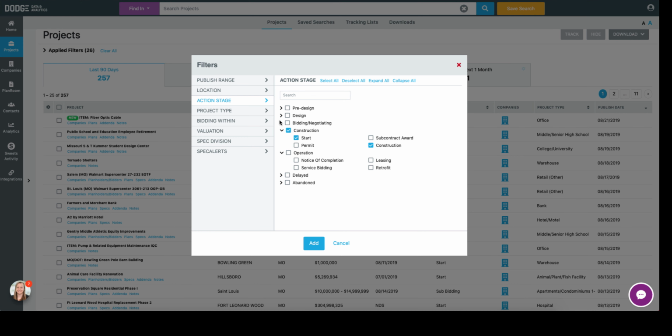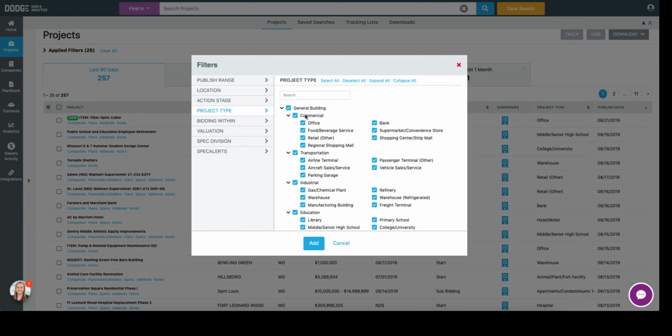So we don't care about these two. Don't need to know. Project time. All right, so when I click on general building, of course, then it breaks down: retail, regional shopping mall. We want to do all of those if we can. Transportation, and you as the owner, you can decide, oh, I don't want to do those airport ones, or parking garages, I don't care, it's a bunch of concrete there,